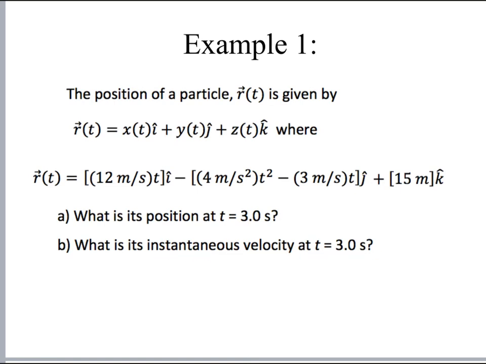Now the position is pretty straightforward. You just plug 3 seconds into this r formula up here. So everywhere there's a t, right there, right there, and right there, you just plug in 3 and do the math. And so when you do that, you should get some r of t,